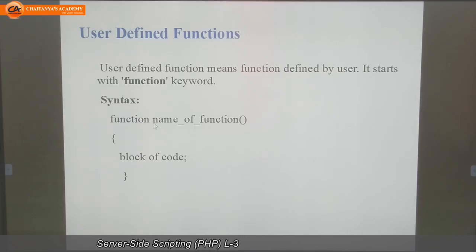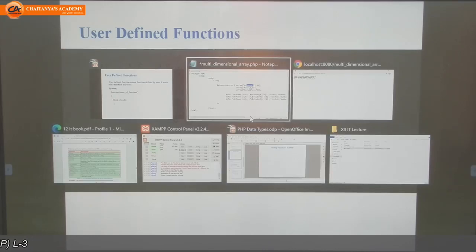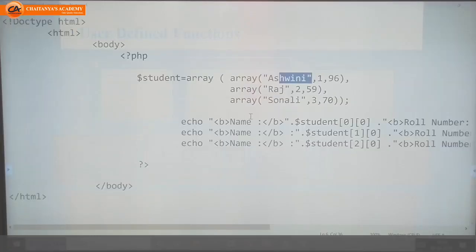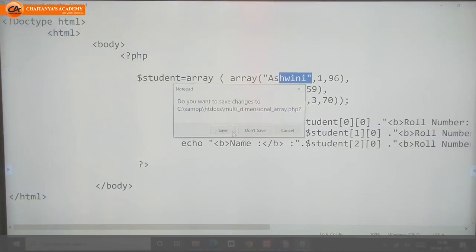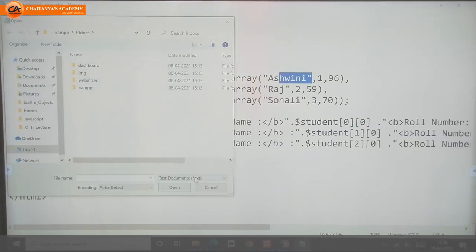How to call a function? At the time of calling, write the name of the function and opening and closing brackets. We'll see with an example.